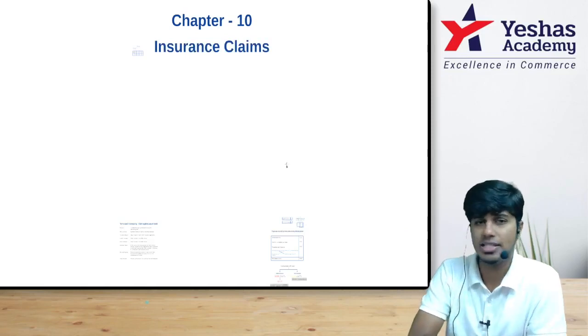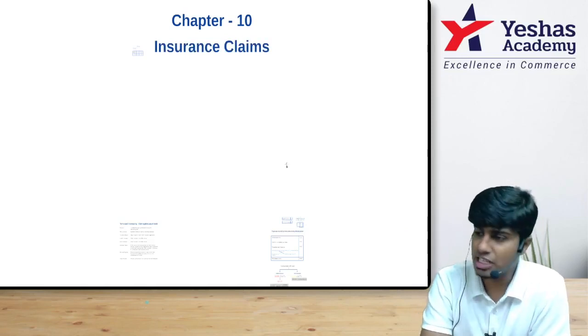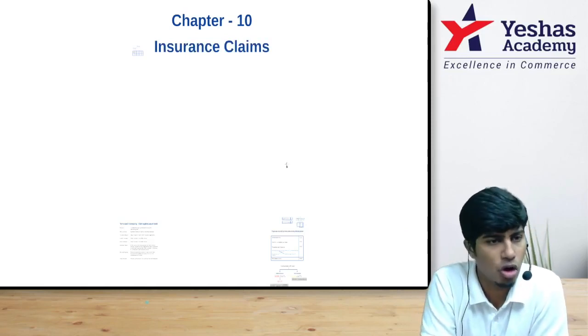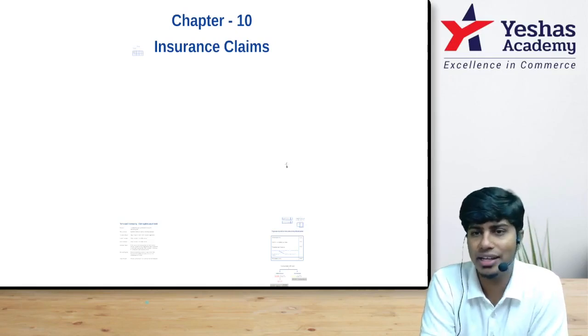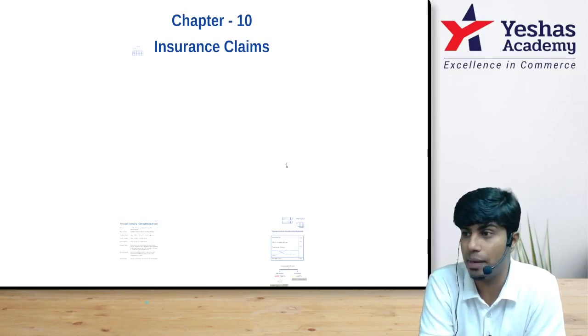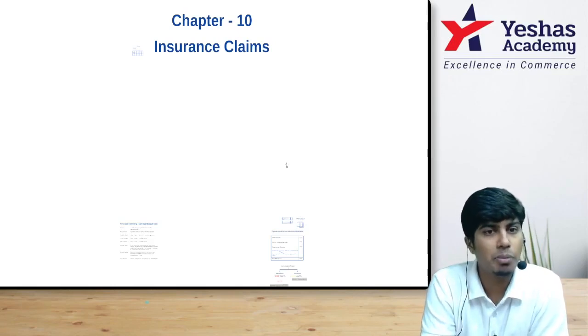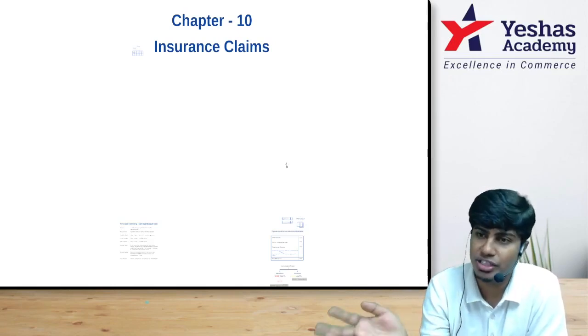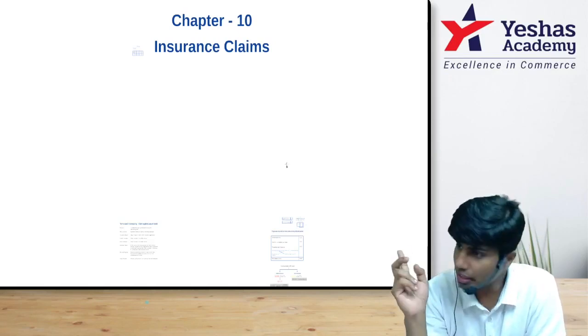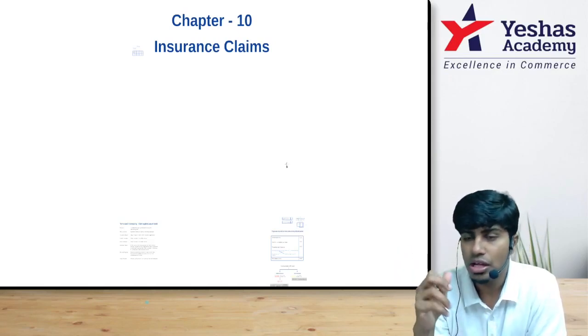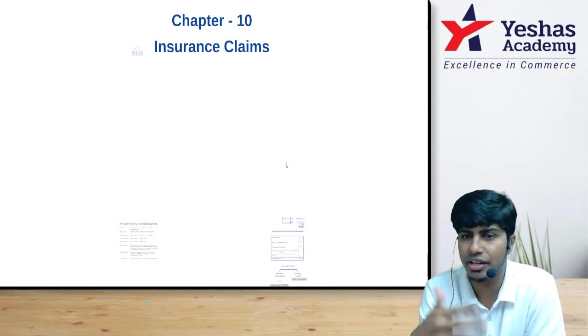The name of the topic is insurance claim. This is again a special chapter, not applicable to all organizations, not applicable in every year. There's a specific criteria. Only if that is met, this chapter is prepared. Like a bonus issue, rights issue, redemption of preference shares can happen every year, while pre and post incorporation happens only once. Similar is the case of insurance claim also. This will not happen in every organization and every time.